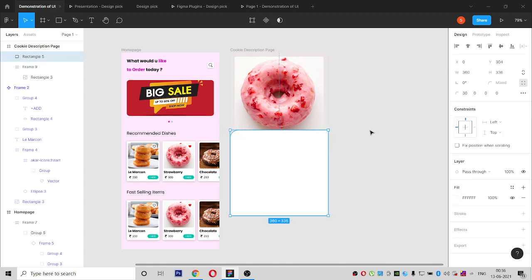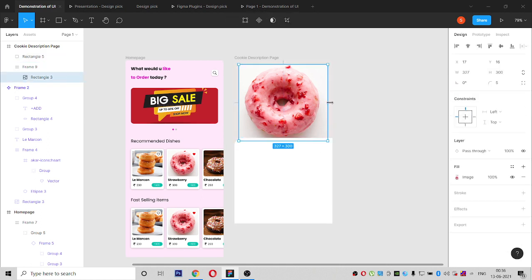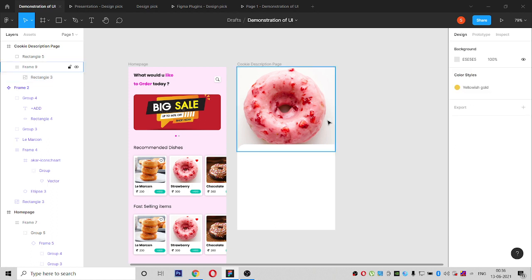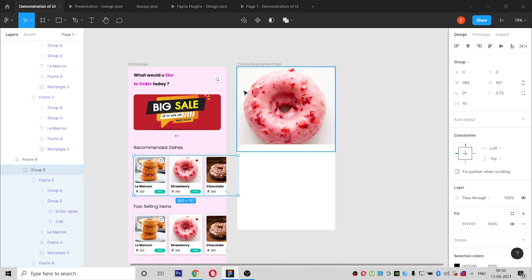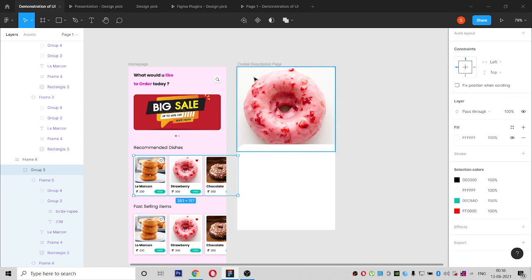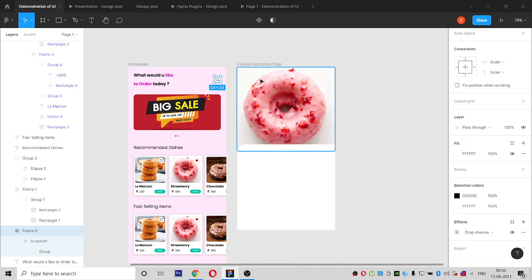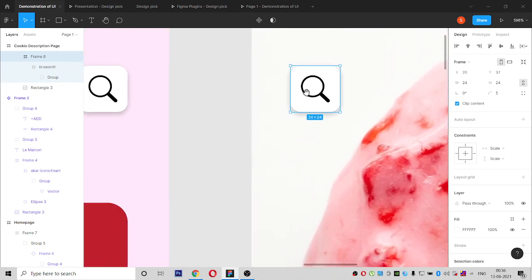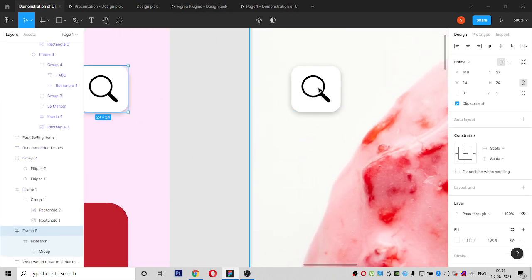So here this is the image, and once we click here, after it's going here, once we go to the description page, it should also have one back button. I am just replicating it to the same size, 24 and 24.